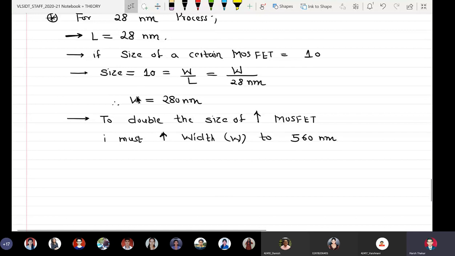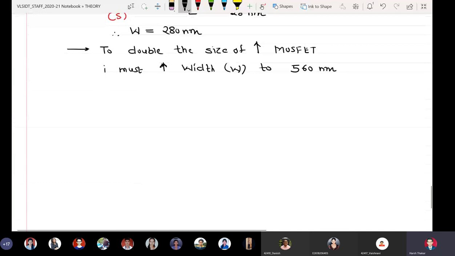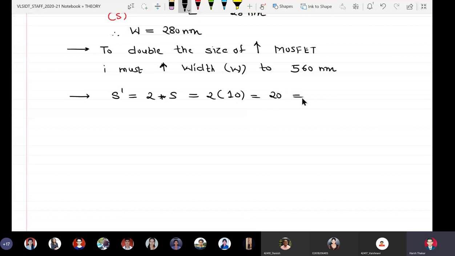Okay, so for example, this is my size S. Okay, and the new size is S dash. So then what I must do is S dash, the new size is 2 into S, which is equal to 2 into 10 equal to 20 is equal to W dash upon L, because L must remain constant.